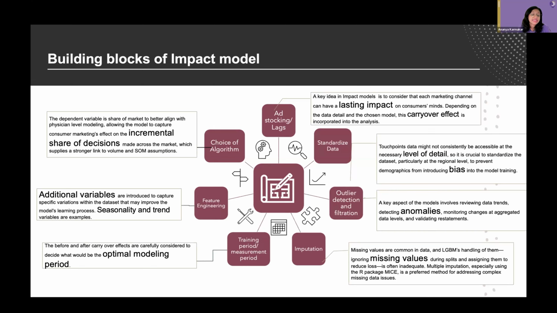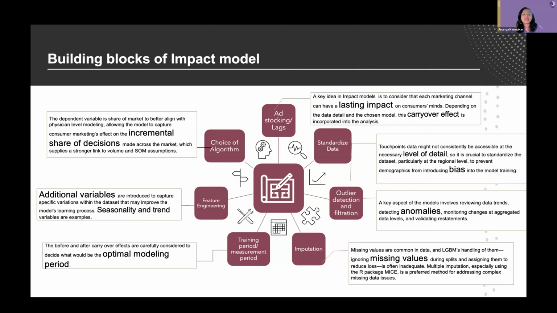For example, a patient may see an ad but only visit their HCP weeks later due to not having an immediate possibility of an appointment, or delay purchase following the appointment due to the patient's inventory of previous medicines. Applying the carryover and shape effect is relatively easier in GLM models, generalized least square models, right?